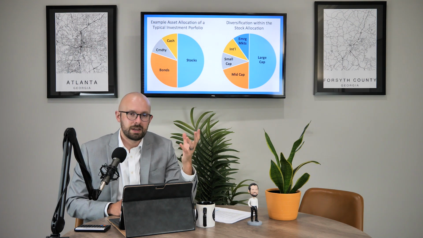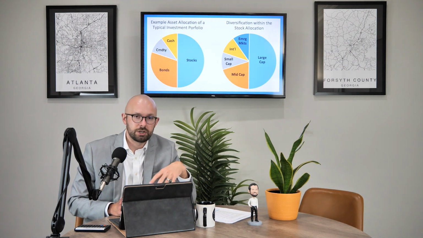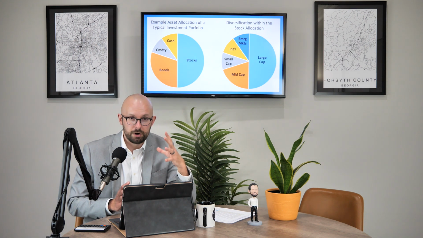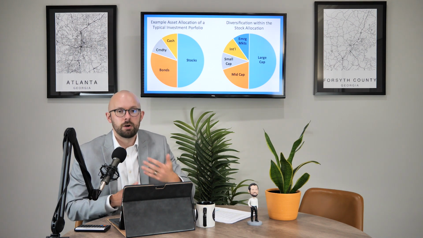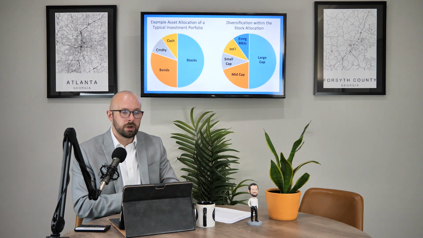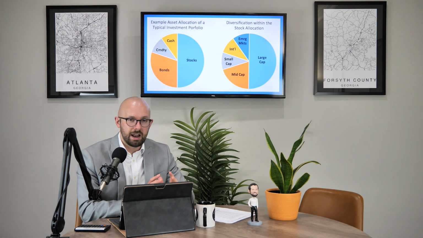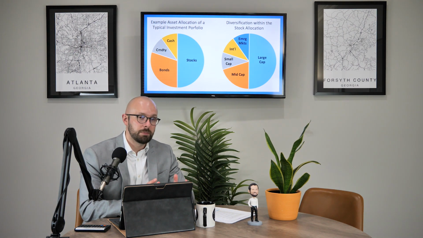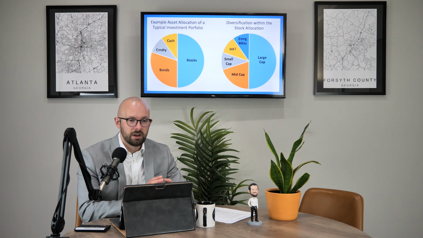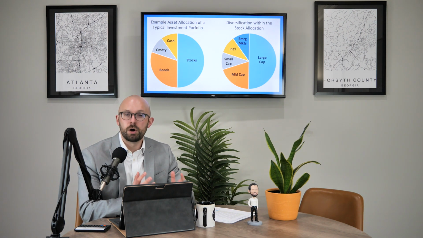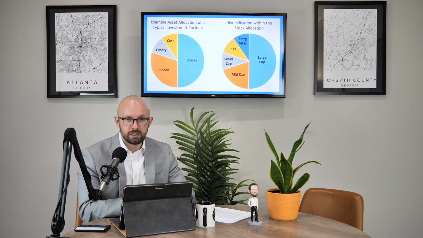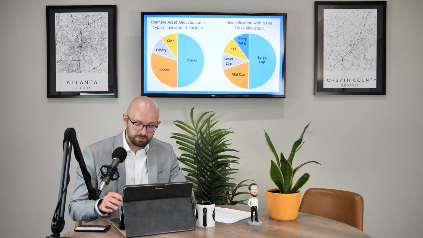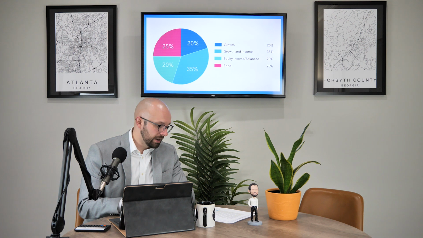At the same time, you could look at that stock allocation and say the bird's eye view of that asset allocation is large cap, mid cap, and then you can get more and more granular as you go in. But tend to think of asset allocation as the bigger picture. Diversification is what that bigger picture is composed of. Asset allocation might be the pie, and the ingredients are the diversification factor. But we'll start with asset allocation.